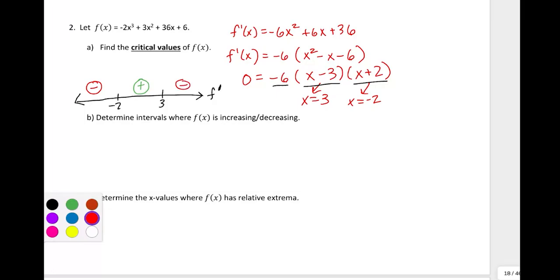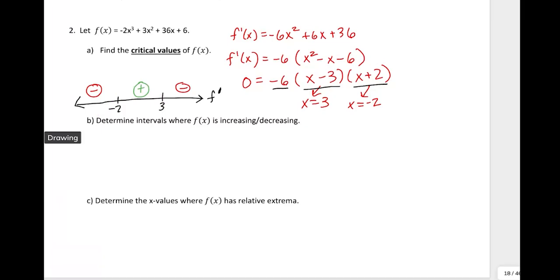So that starts to give you an idea of what the graph of f prime should look like. It's negative, meaning below the x-axis, then it passes through the x-axis at -2, going above it, and then kind of comes back. In other words, we don't know exactly what it looks like yet, but the graph is going to do something like this, where it's below and then above and then below. But the graph of f, which is really what we're focusing on today,